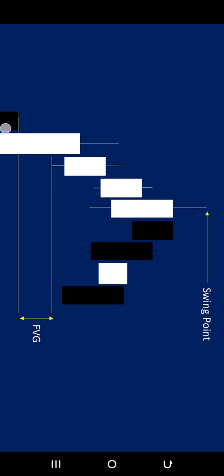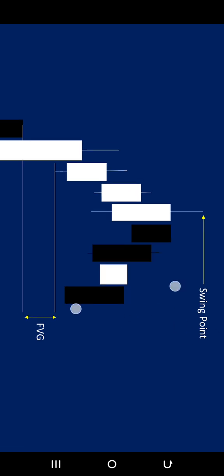Just like when price was going up and it got to this point, right? Now this is a premium array. Price can also move from this premium array down to a discount array. So that is why I have been able to establish that price moves from one PD array to the next PD array. You need to understand that. That is the language of price.